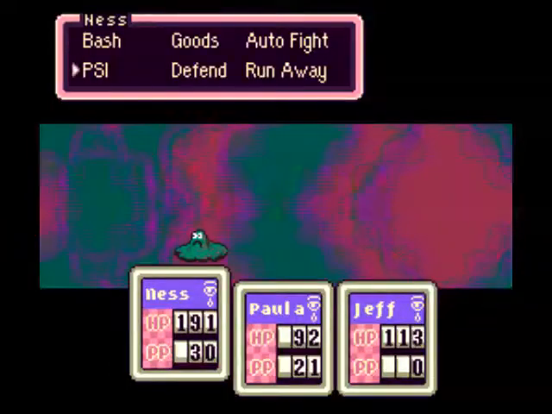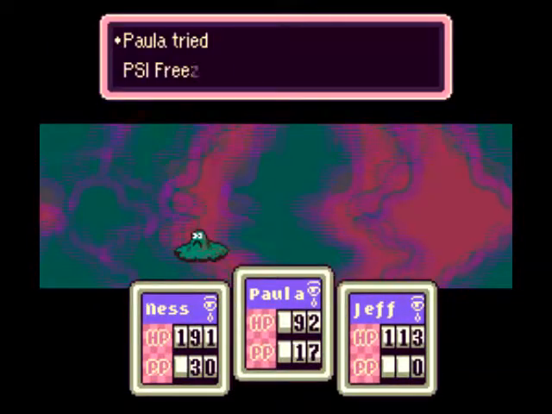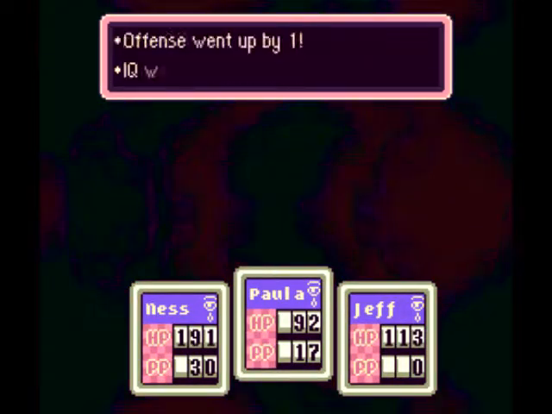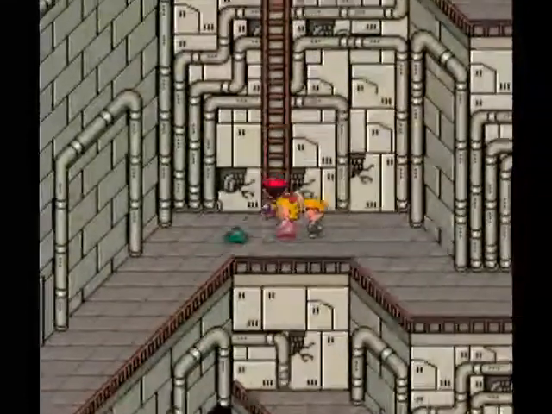Your other buddy did it before. Let's go ahead and finish it off with a PSI Freeze Alpha. Yeah, I hate these guys so much. Slimy little piles can burn in hell for all I care. But Paula leveled up to level 22, and that's good. Alright, let's go up and get up this ladder before this pile...